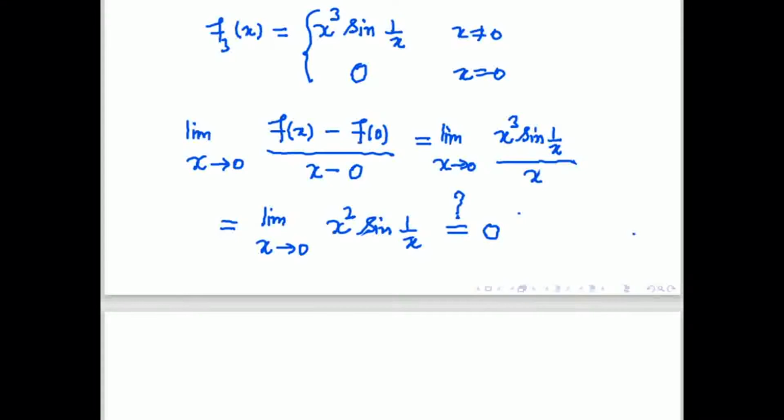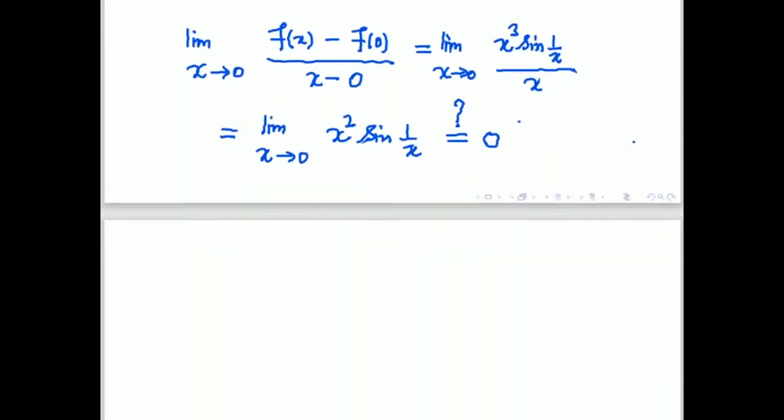Divided by 1 by x equal to 1, then x tends to 0, then equal to 0. 1 by x equal to 1. Why? Yes, 1 by x divided by 1 by x. Then on the top it is some finite quantity, at the bottom it is infinity, then why is it not 0 by 0? Even if you write 1 by x also. The sine limit, x tends to 0, sine x divided by x equal to 0, na? Okay, that you want to say. Okay, like that you can do.